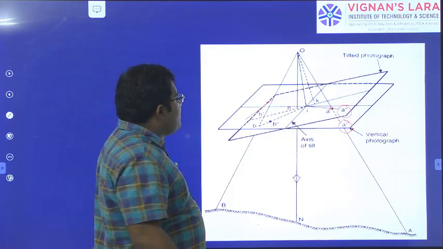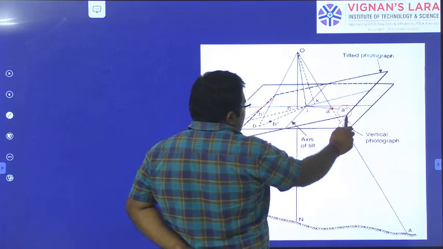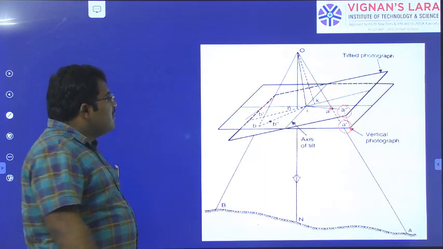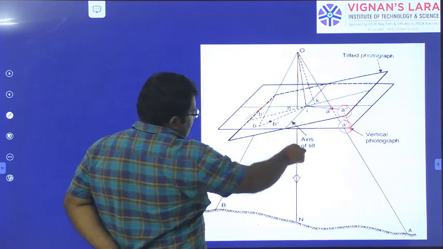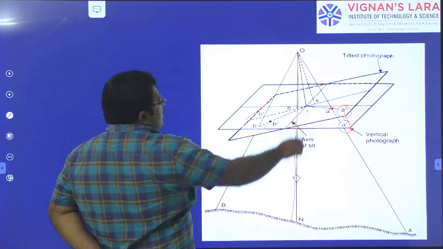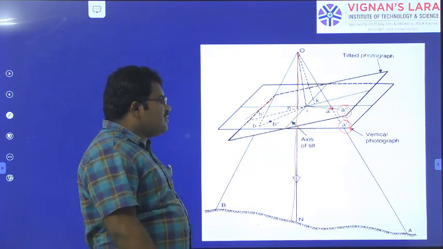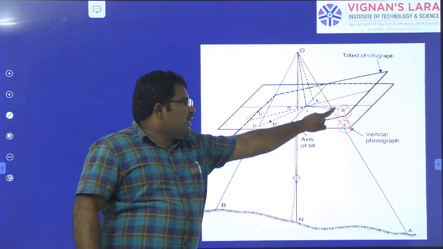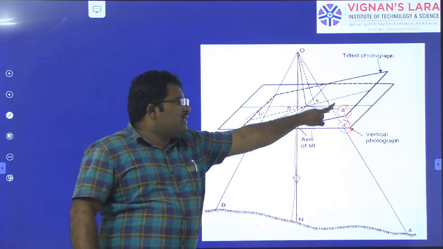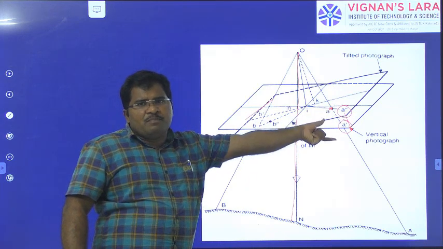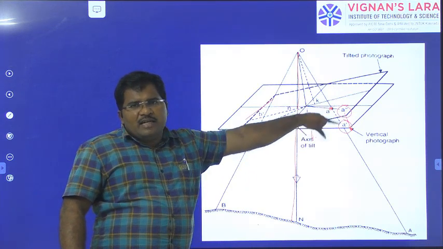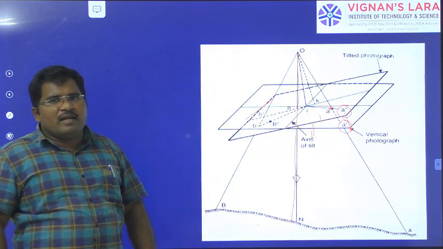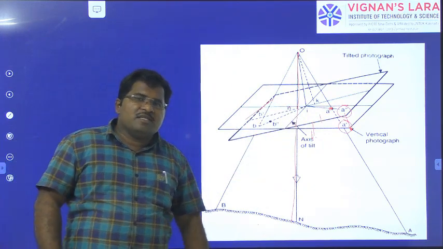Now the distance between A dash to A double dash is called tilt displacement. Okay, so tilt displacement. Okay, but the axis is here. You can see this is the same axis for the tilted photograph as well as the vertical photograph. Things are same, but the distance between the A dash and A double dash. Okay, so the distance from the vertical photograph to the tilted photograph of the same object, that difference is called tilt displacement. Right? So these are about the tilt displacement as well as the